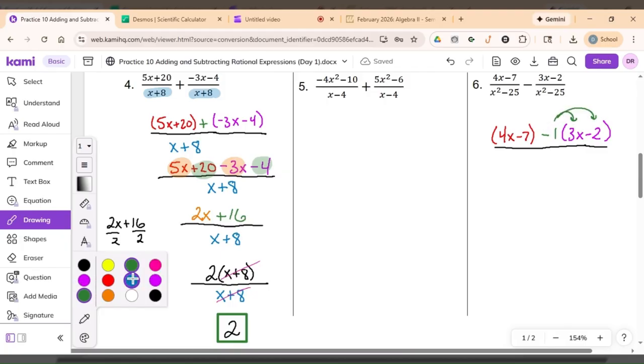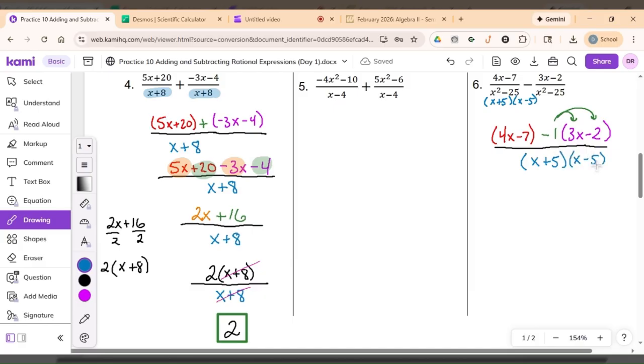The denominator says x squared minus 25. Now let's talk about that. It is x squared minus 25, but let's remember x squared minus 25 factors via perfect squares. X squared minus 25 is x plus 5 and x minus 5. So rather than writing x squared minus 25 down here, let's go ahead and put the parentheses that it changes to